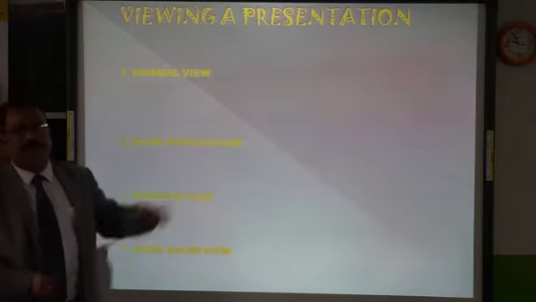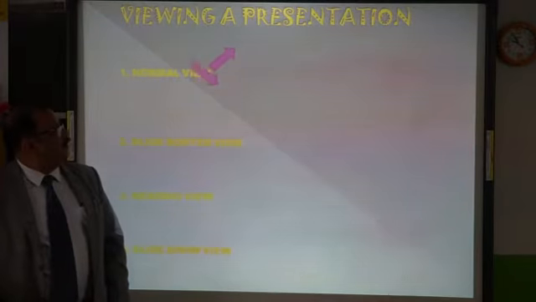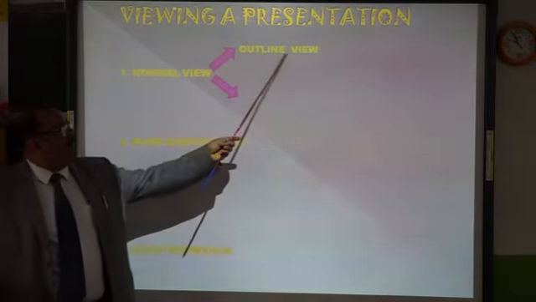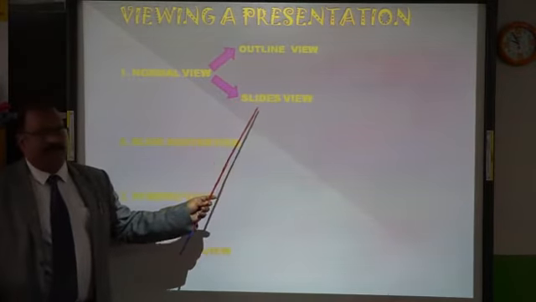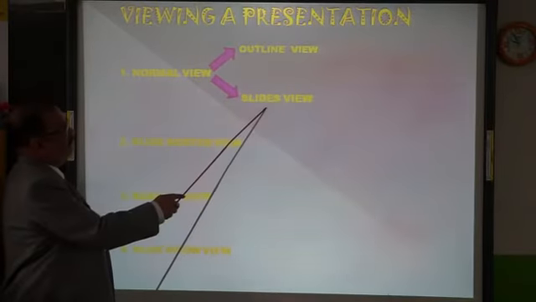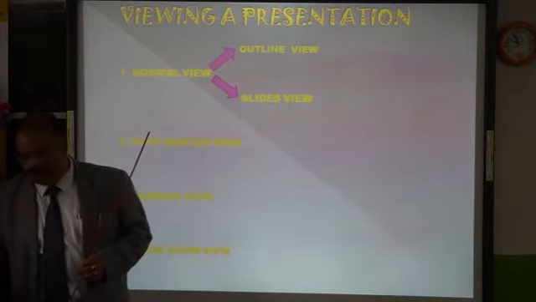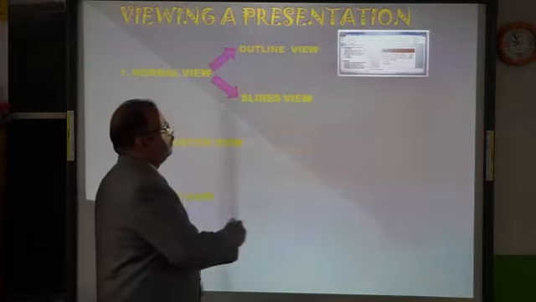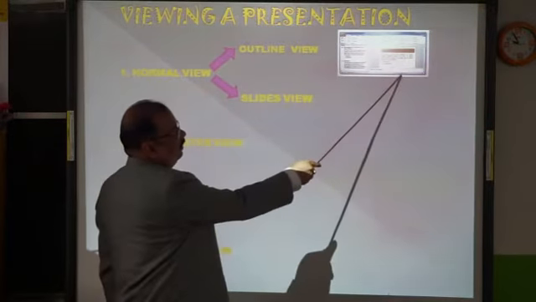normal view. Normal view has got two more views. So this one is outline view and one more is slides view. Okay. Either it could be an outline view or slides view. But this is the part of normal view. How it appears, you see. Now look here. This window is divided into two panes, left and right.